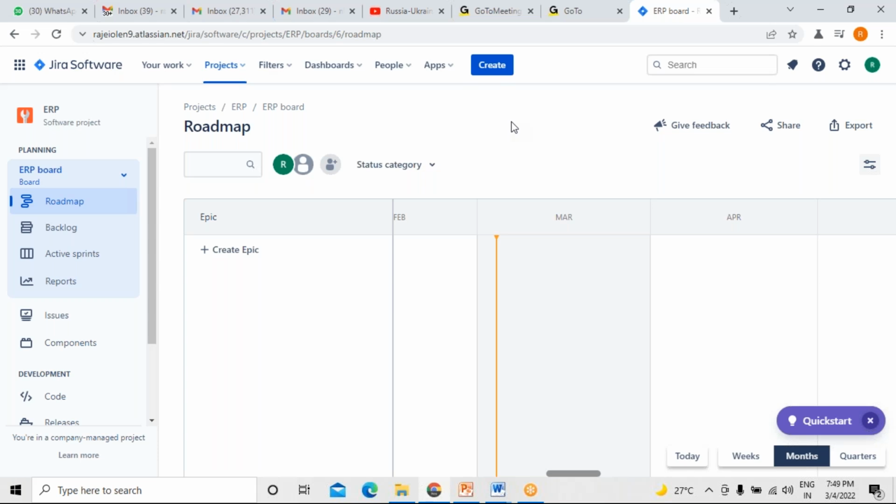When you are creating a project, what you have to do first is create a roadmap. If you are a product owner, I'm saying. It's not a part of the Scrum Master, point to be noted. So things like epics will already be there in the backlog or roadmap, created by the PO. It will be done by the product owner.